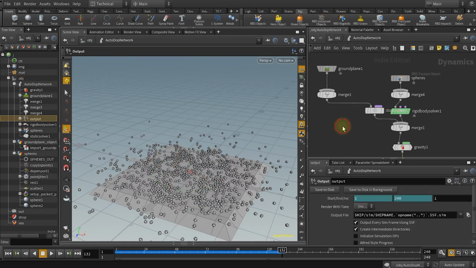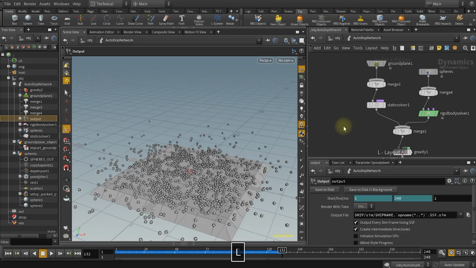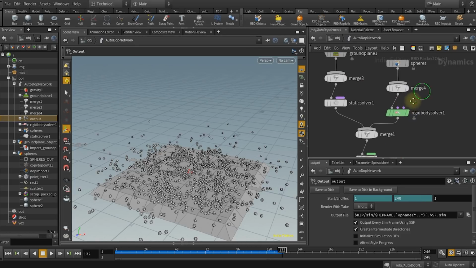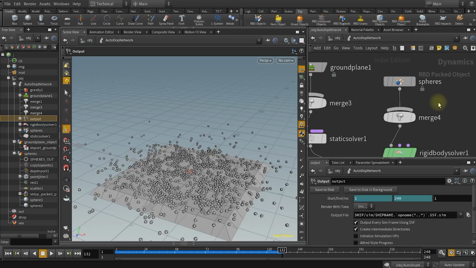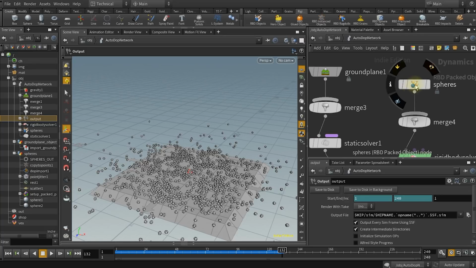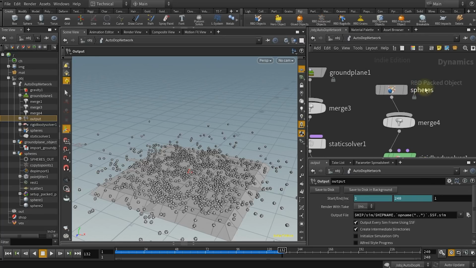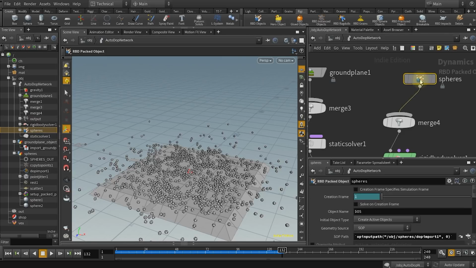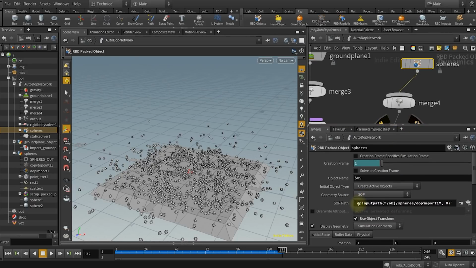If we jump into the AutoDop network for a second, and again press L and H to lay this out, over on the right hand side you will find a new node. This one is now not a cute little rubber duck, it's actually an RBD packed object which represents our spheres, but the principle is exactly the same. This essentially imports everything from this sub path that we have down here, from this geometry path, which is obj/spheres/dop_import1 into this network, then applies all of the physics,